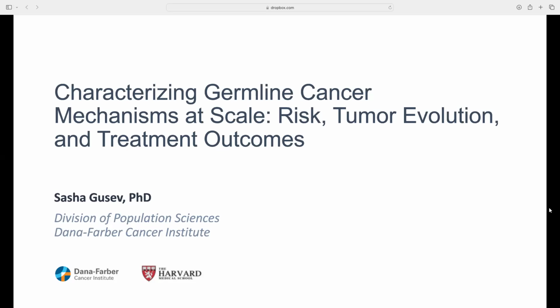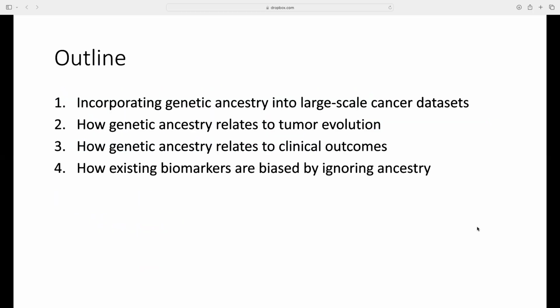Today, I'm going to be talking primarily about that final point, which is the integration of an understanding of genetic ancestry in the study of tumors, both from the perspective of risk, tumor evolution, and clinical outcomes, and how we can incorporate genetic ancestry into how we study and understand disparities. I'm going to try to get through several different vignettes. Hopefully, I can do this in a way that's efficient but not confusing, that highlight different ways of thinking about genetic ancestry in this context.